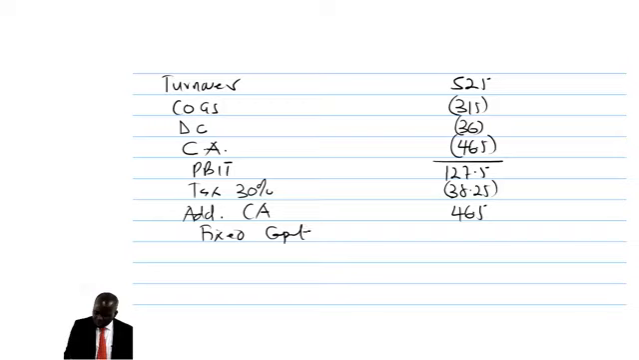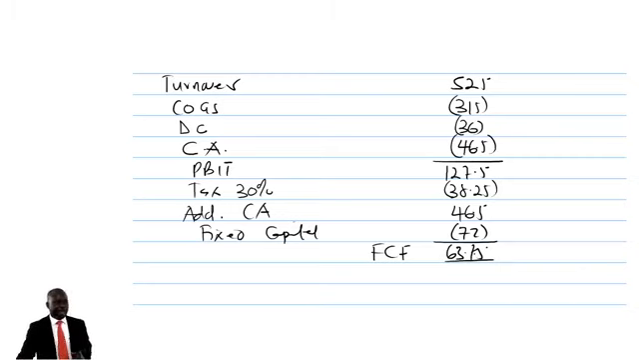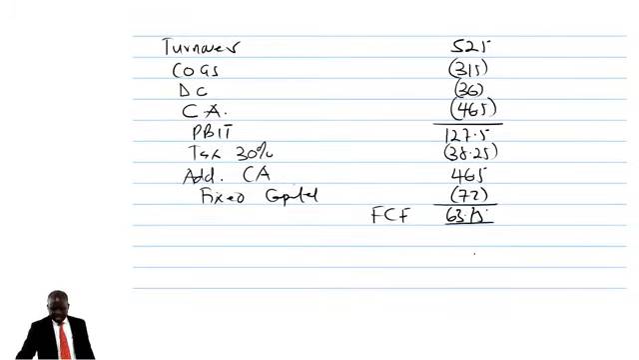So what is the fixed capital of what? 72 minus, and this should give me the free cash flow. So I will say 127.5 minus 38.25 plus 46.5 minus 72. This is 63.75. This 63.75, I need to ask myself, if this is the free cash flow now,